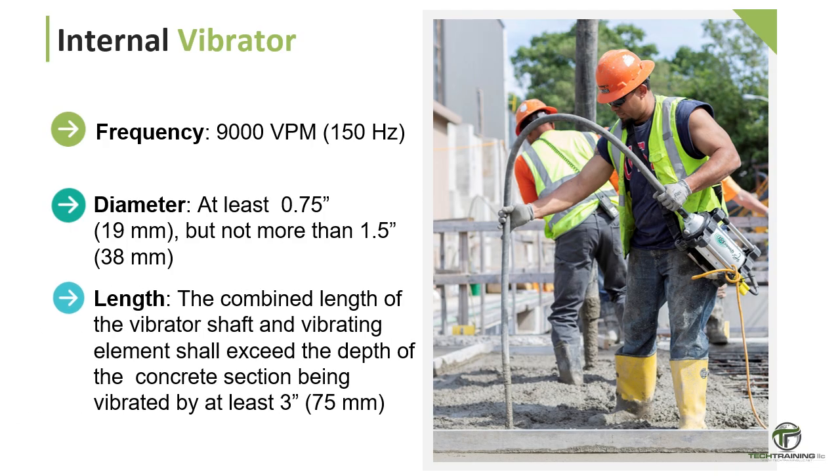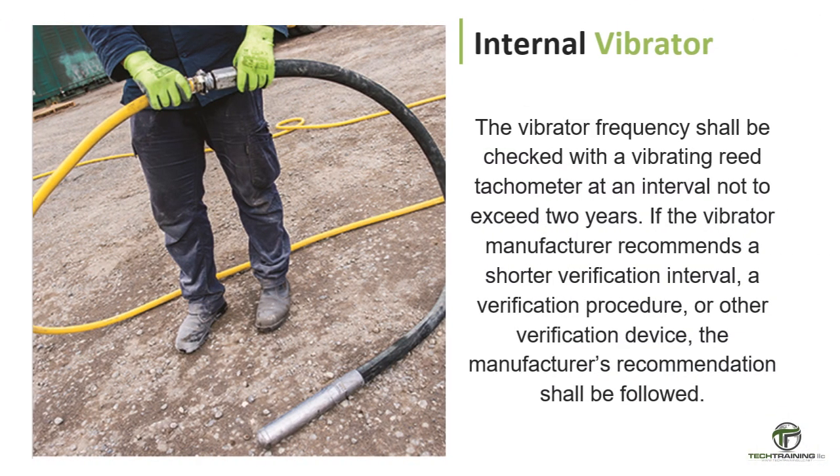The combined length of the vibrator shaft and vibrating element shall exceed the depth of the section being vibrated by at least 3 inches, or 75 millimeters. The vibrator frequency shall be checked with a vibrating reed tachometer at an interval not to exceed 2 years. If the vibrator manufacturer recommends a shorter verification interval, a verification procedure, or other verification device, the manufacturer's recommendation shall